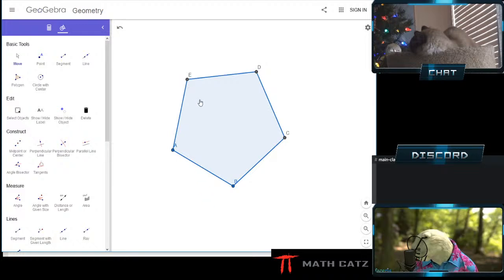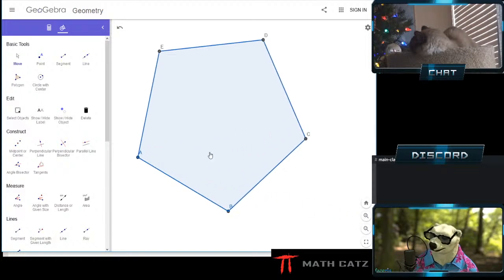Can you bisect this angle? Of course I can. Can you bisect that angle? It's the same construction every single time. You'll get a center, and you can then inscribe a circle. You'll get the same center, actually, if you were to